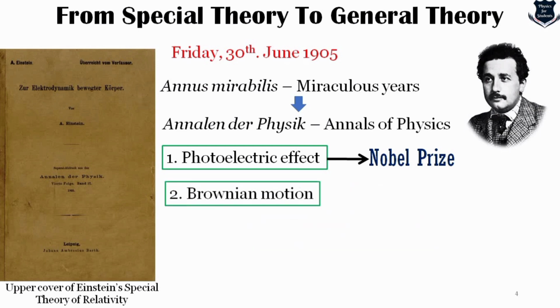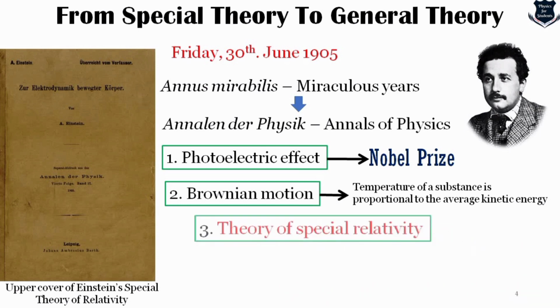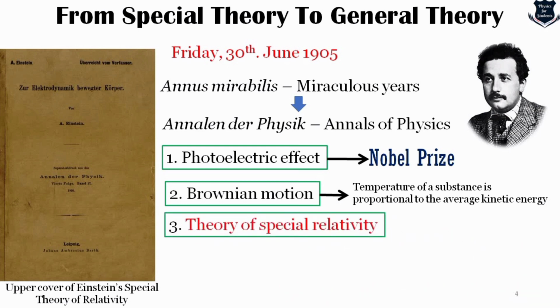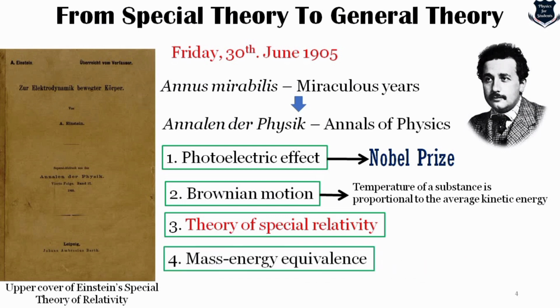The second paper is on Brownian motion, which led reluctant physicists to accept the existence of atoms. You can say that basically the temperature of a substance is proportional to the average kinetic energy. That is basically the formulation. The third paper, special relativity, is something that we are going to look into. And the fourth paper is on mass-energy equivalence, a consequence of the theory of special relativity, which developed